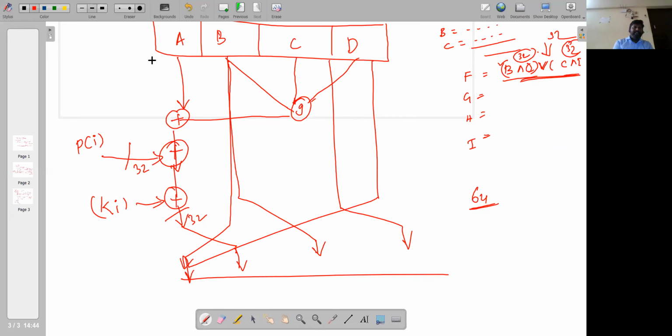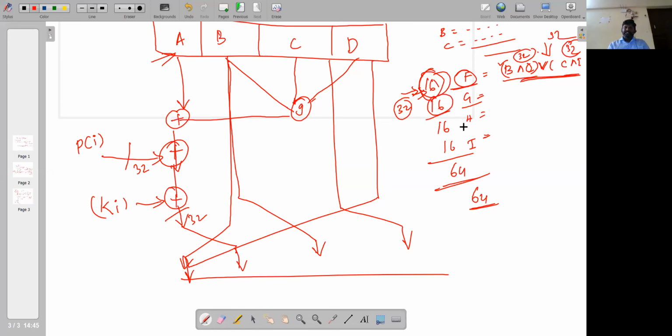So if I take the first block, this F function is for 16 times, then 16, 16, 16, so total 64 times. We will take a single plain text of 32-bit, which will be repeated 16 times with the round function F, and then 16 times with round function G, and H and I respectively.